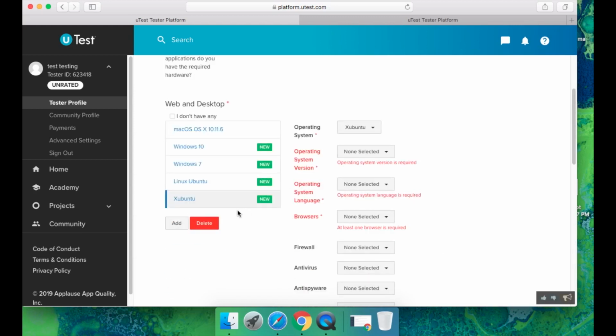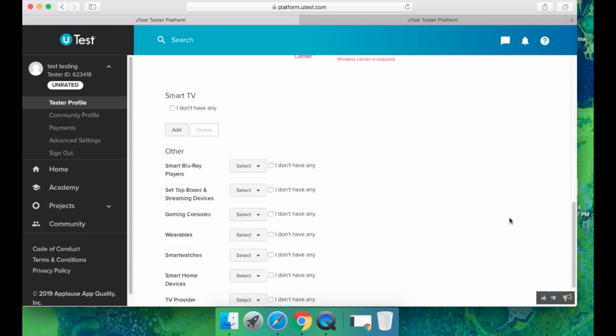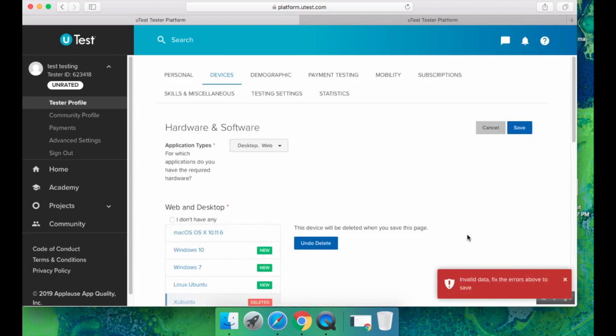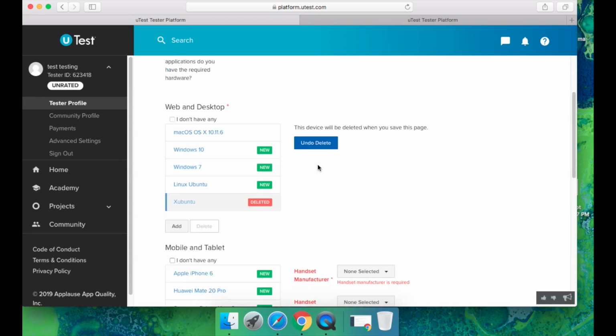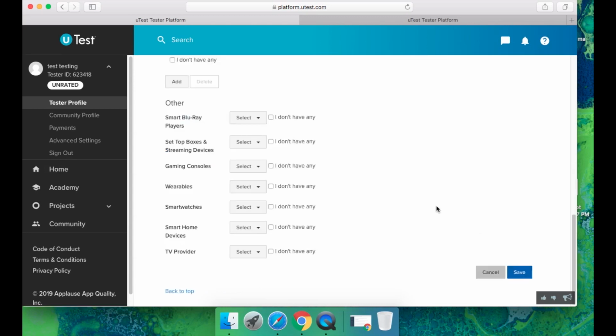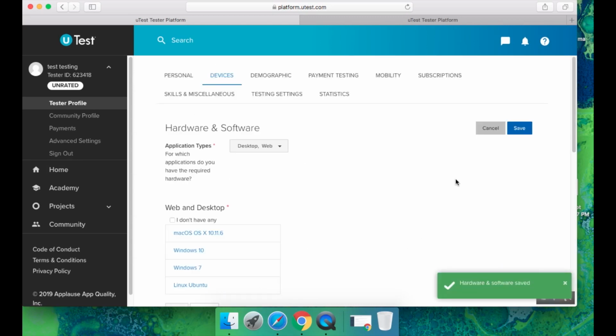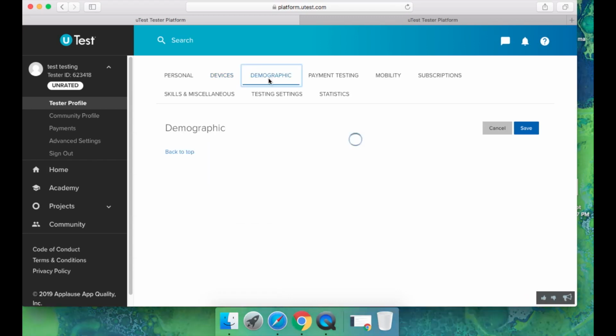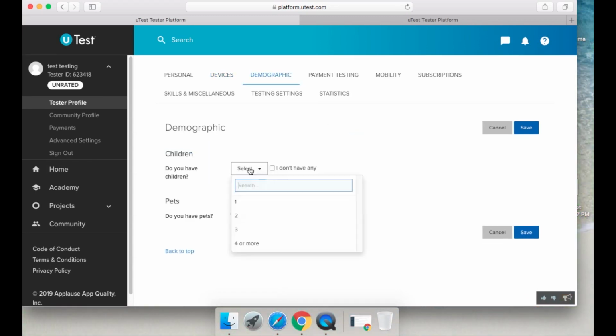There are some errors above. Okay, that's because I did not fill this one. I'll just delete it. And okay, what's the problem now? For this one as well, delete it. Now you save it. You move on to demographic. You put in, do you have children? You fill in the information. Do you have pets? Because sometimes they probably need people that have pets, and they can just filter based on your response on the dashboard. Who are the people that have pets? Put them there. They invite those ones on.